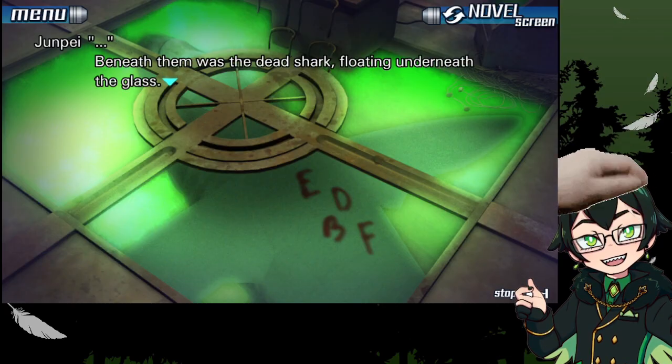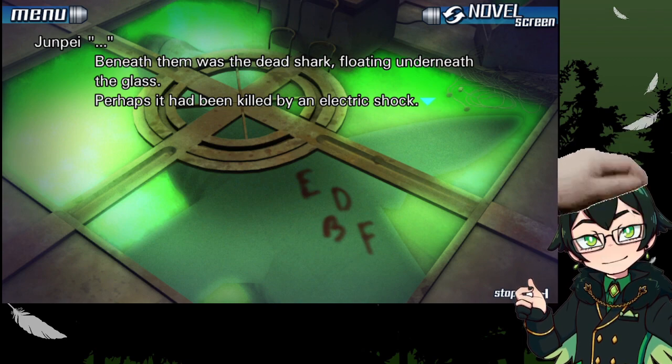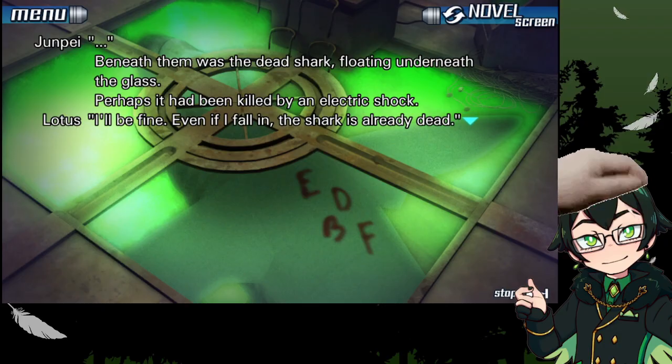Beneath them was the dead shark, floating underneath the glass. Perhaps it had been killed by an electric shock. Or just by being in an empty tank for who knows how long. I'll be fine. Even if I fall in, the shark is already dead. Yeah, see, Lotus is on the same page here. But...